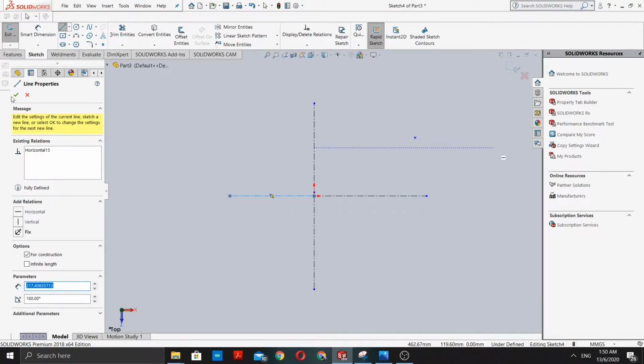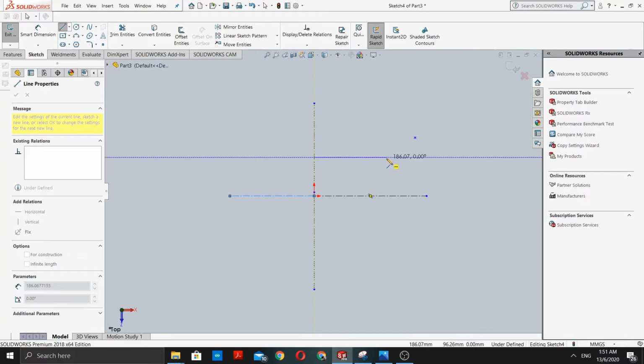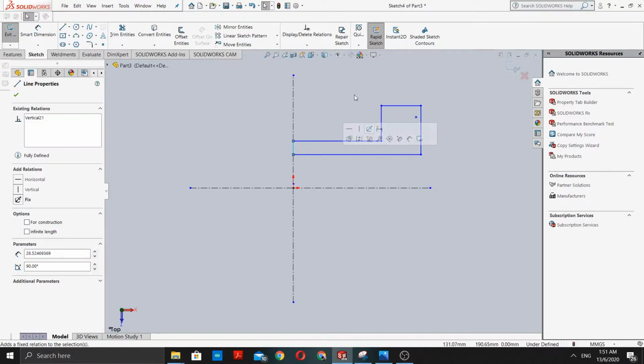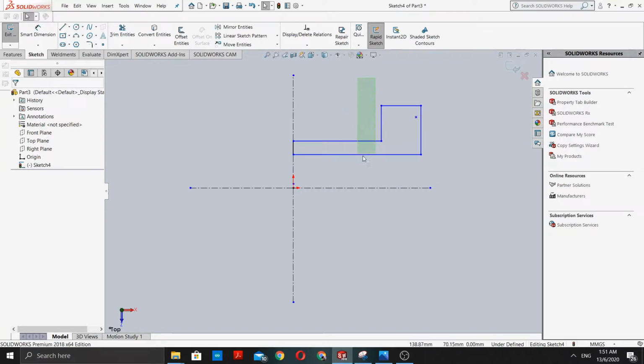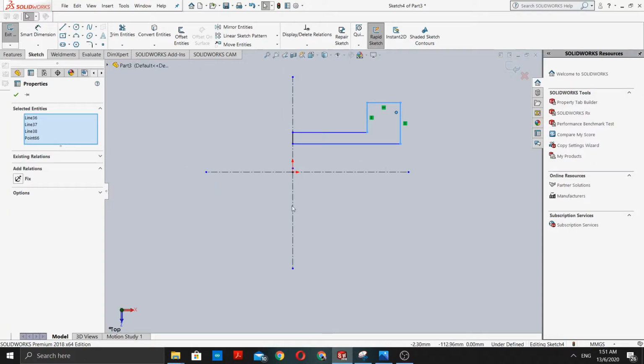Suppose you want to design a line here and you draw so many things. But now you want to draw the exact same thing, this exact same thing, with this distance, but in this axis. What we can do